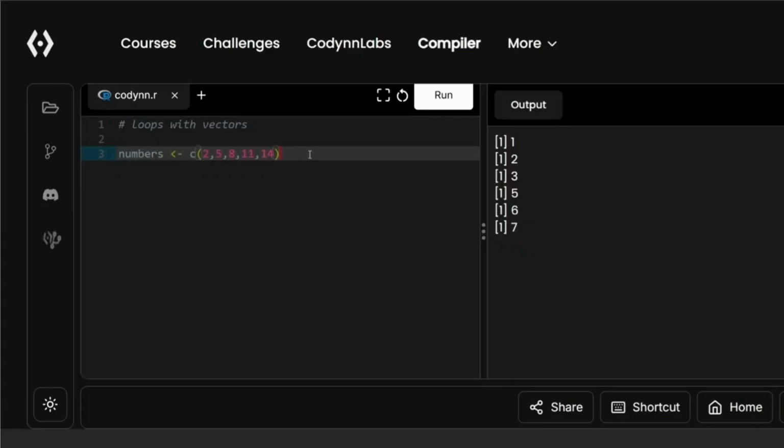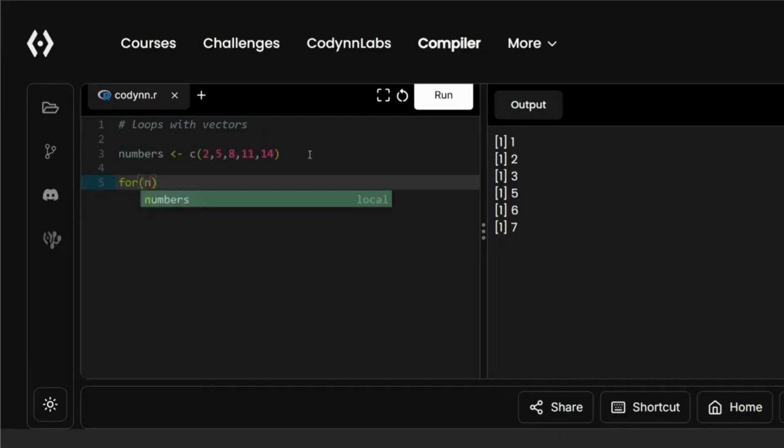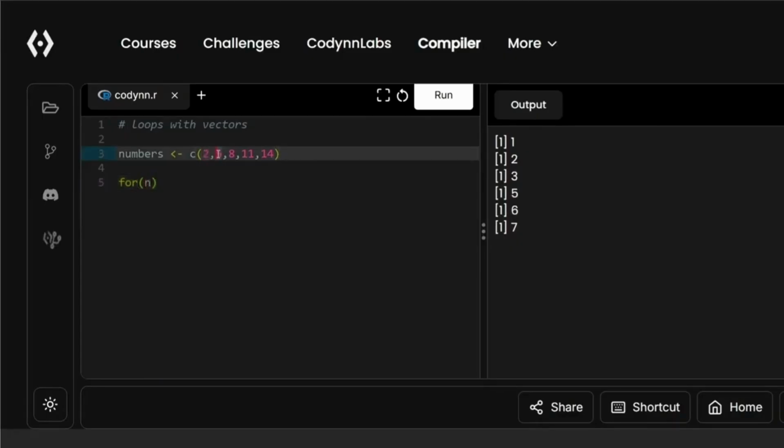Now we will loop through these numbers individually using a for loop. So for n, this is a looping variable, and we define this to store the individual value of a vector during each repetition. So during our first repetition, the value of 2 will be stored inside n. Inside of our next repetition, the value of 5 will be stored, and next 8, 11, and then finally 14. So for n, or let's say to make it easier, for value